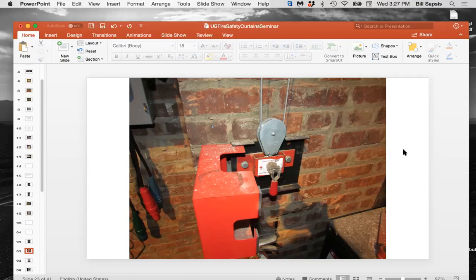Inspect, Eric Day. Excellent question, Eric. Inspecting the fire curtain top seal. Well, you want to make sure that it's there. And what Eric is talking about